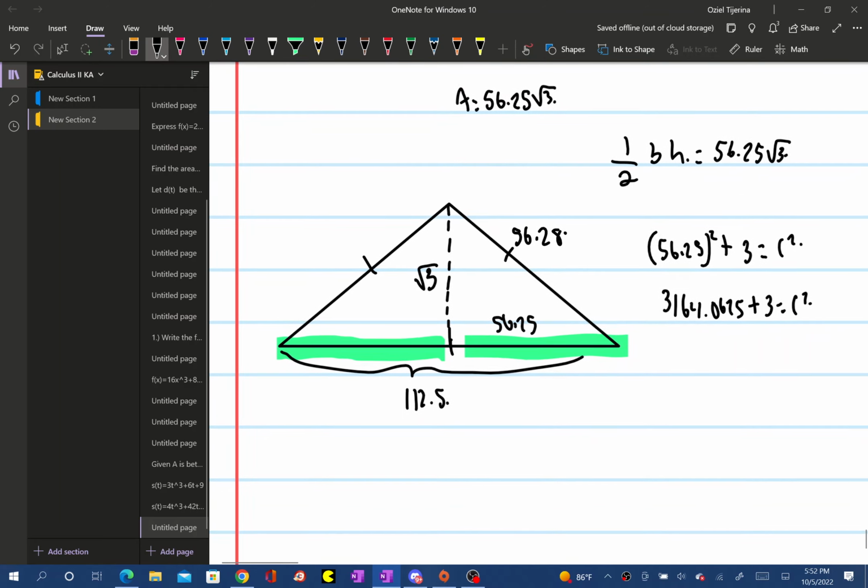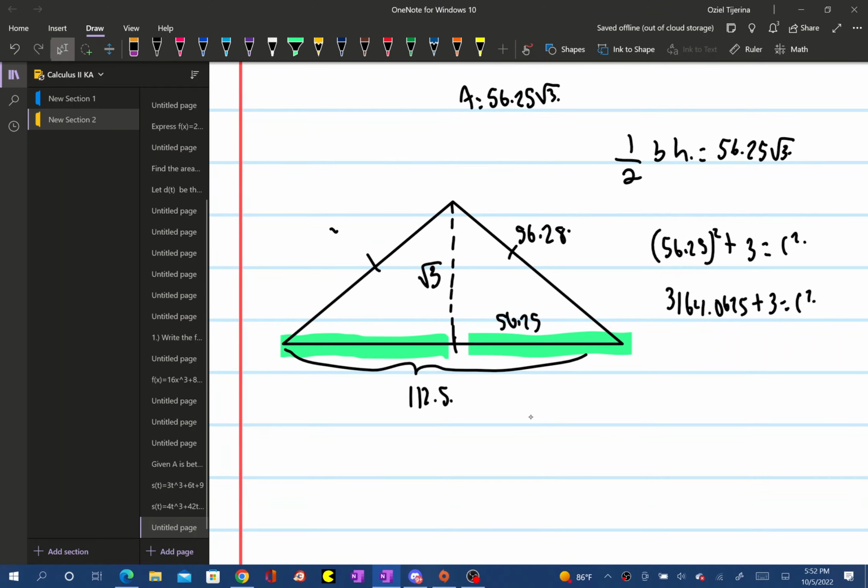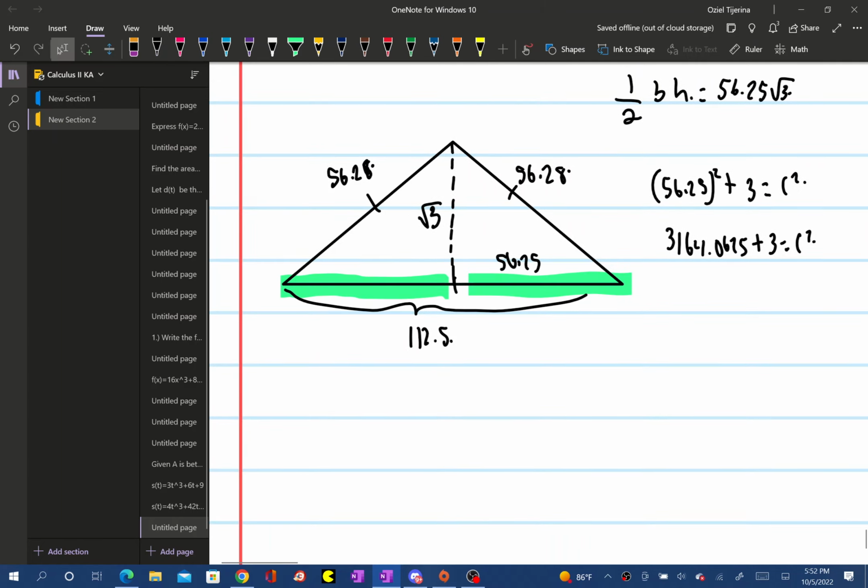So if I make this also equal to 56.28, I can say that the perimeter, 112.5 plus 2 times 56.28, is about